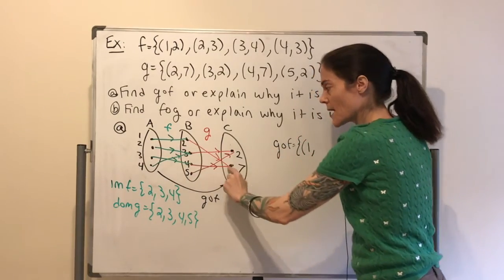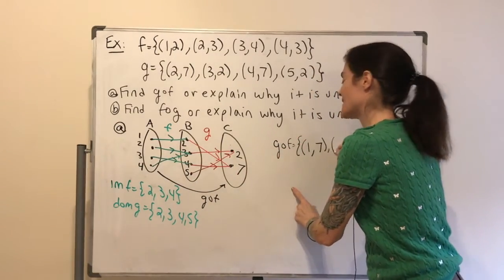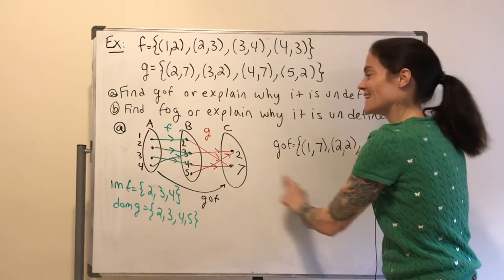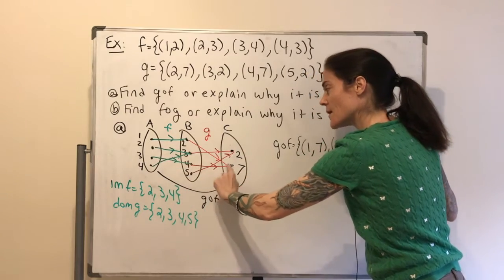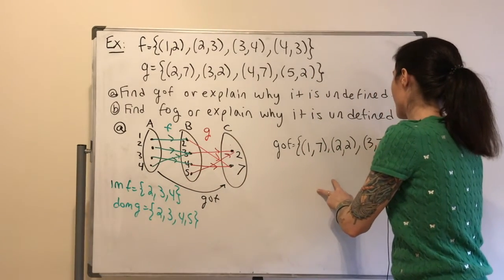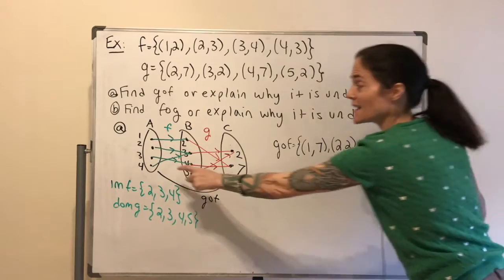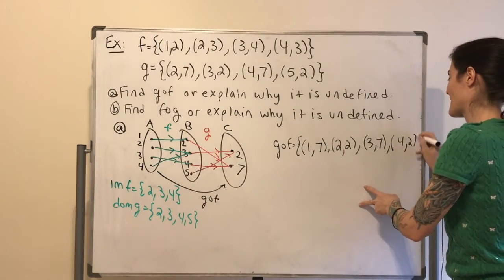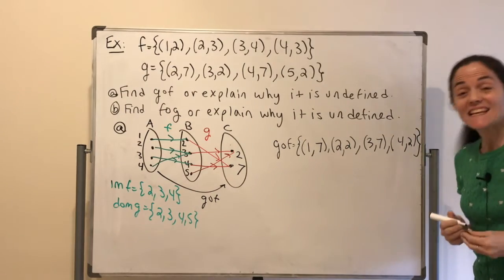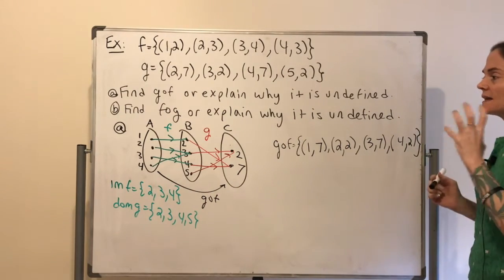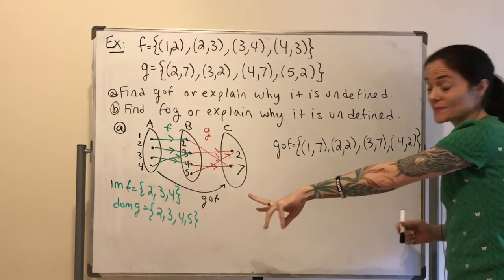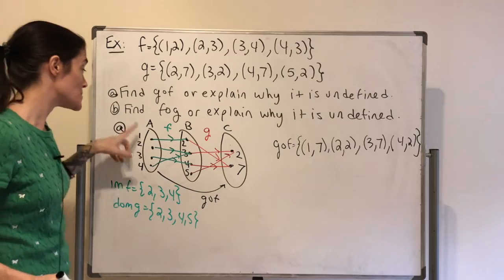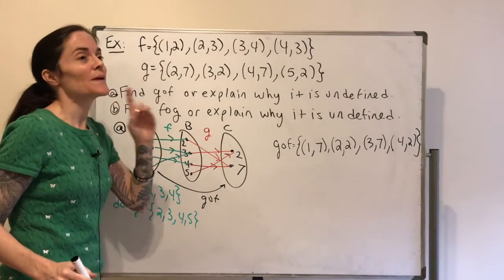1 maps to 7, 2 maps to 2, 3 maps to 7, and finally 4 maps to 2. This is G compose F. Now, this diagram, which we like to look at for functions, and especially functions between finite sets,